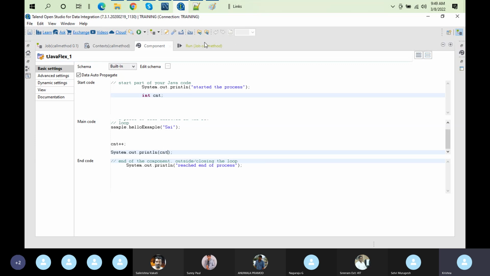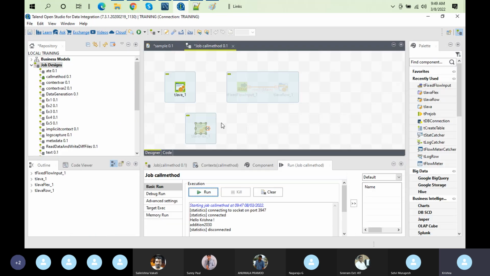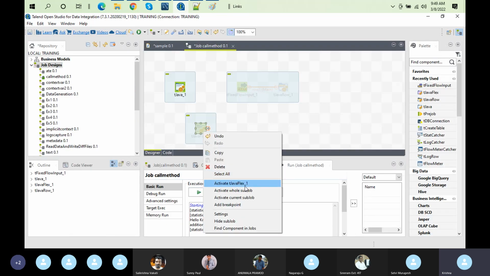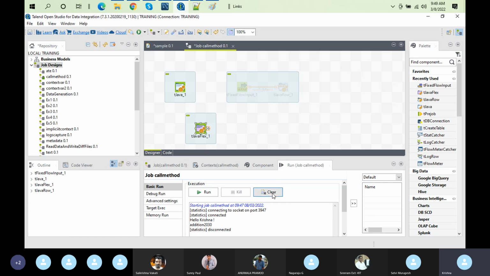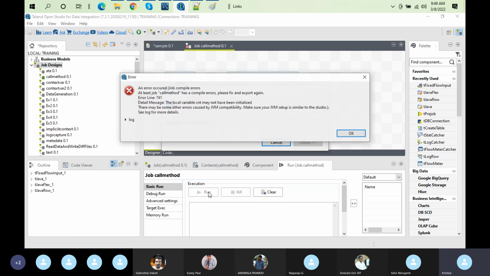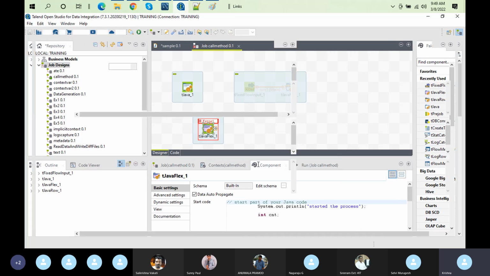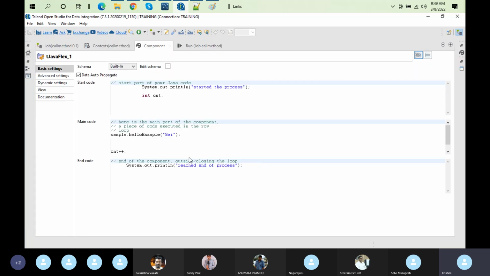So these three components are mainly used to call existing routines, or to create any custom code which can be used for your calculation purpose, or for any requirement. So if you want to connect to some service call, you can use Java code, using the T-Java component, or T-Java Flex, or T-Java row. So all these three components' purpose is to